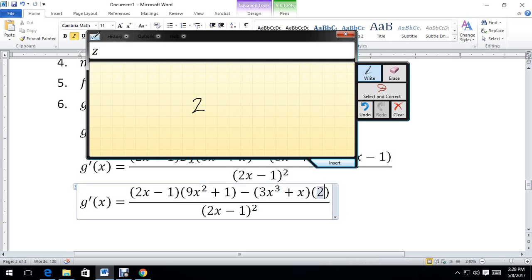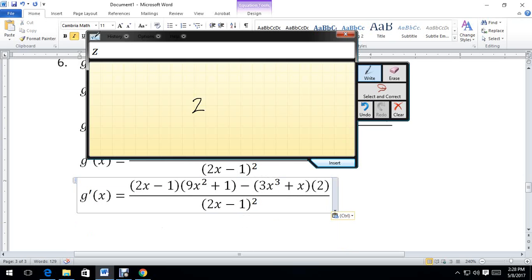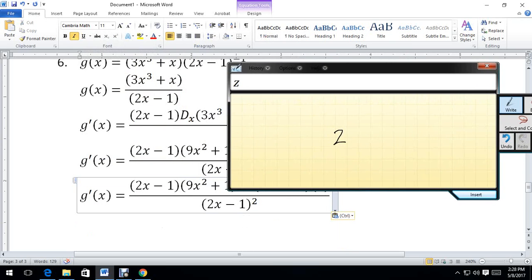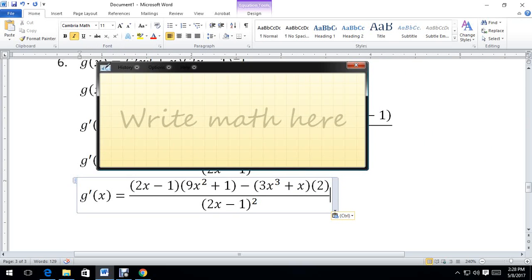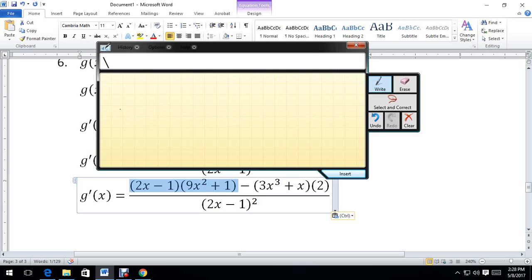Okay, so the next step is to have a replacement for the simplified form of the rest of the fraction. So let's try to simplify first 2x minus 1 with 9x squared plus 1. For this part, we just make use of the FOIL method. So for the FOIL method, we have